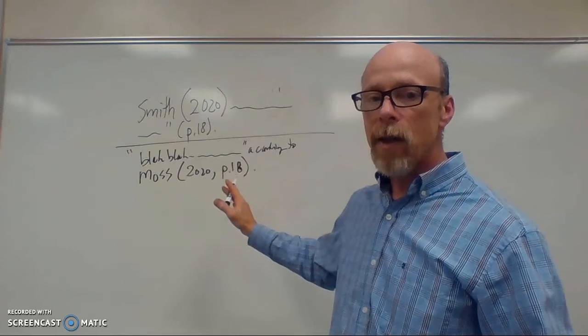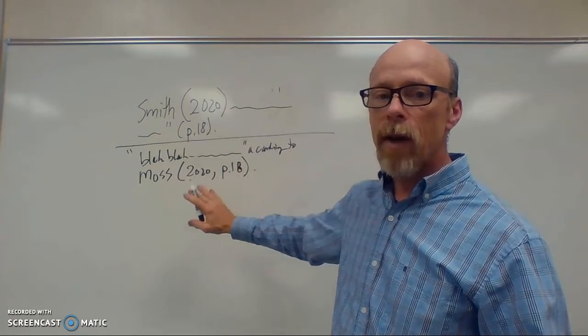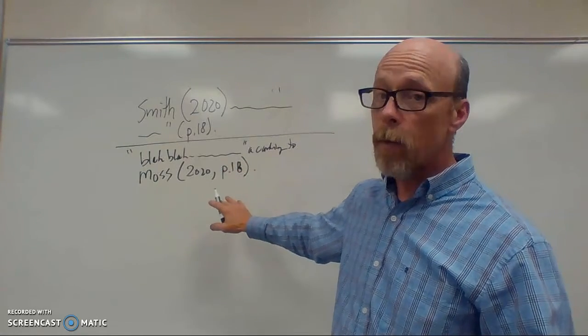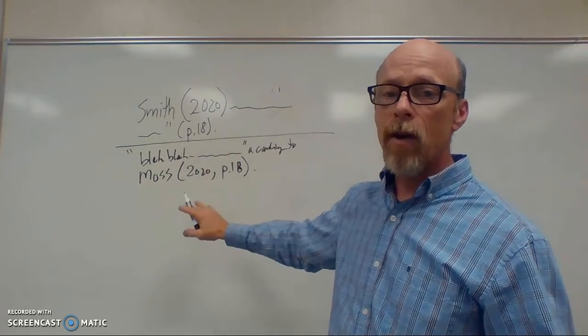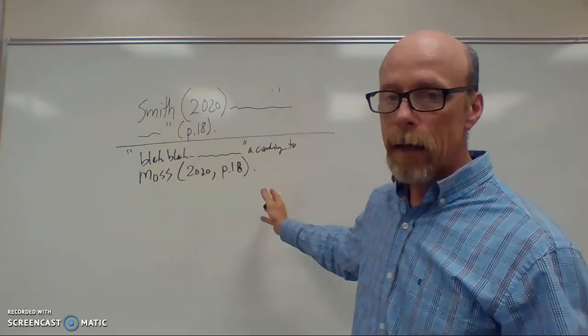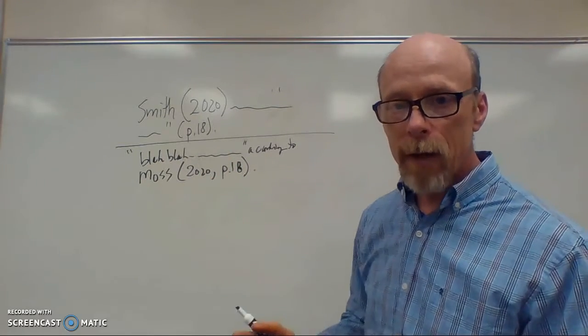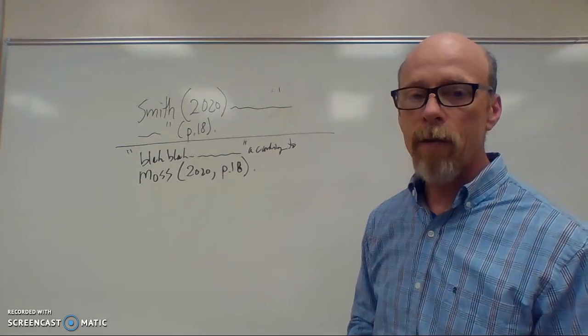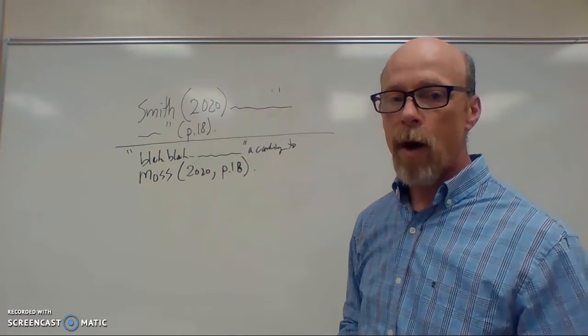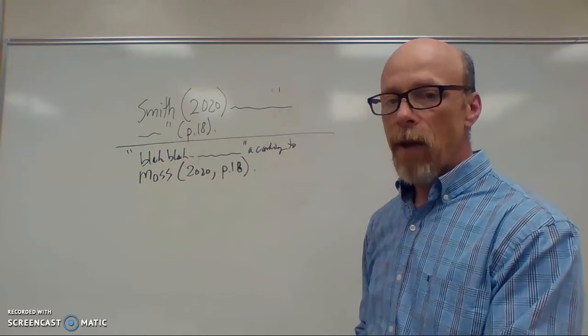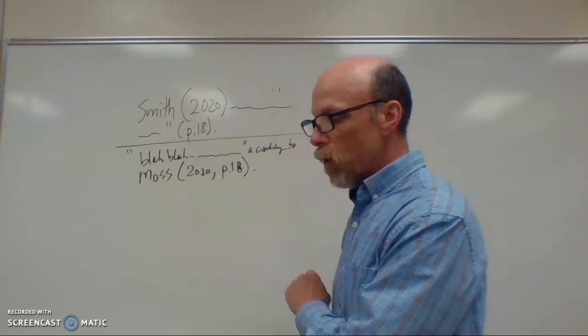according to Moss. So I've given the last name of the author, then I put my year and page number in the parenthetical together, the year, comma, P period, 18. So the spacing would all be the same. Notice you have to have the space after the comma, of course, but notice the order is the same. Author's last name, the year, and then the page number, all in the parenthetical, the last 2 in the parenthetical